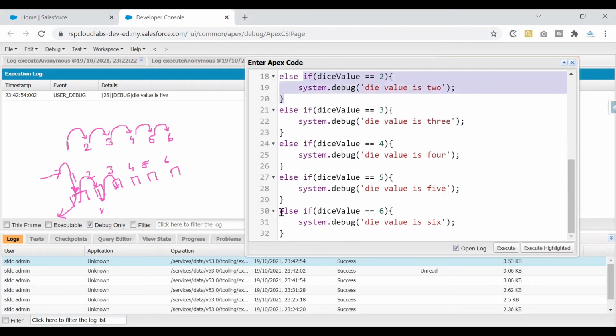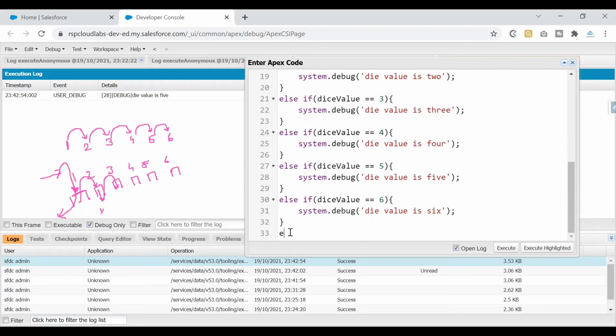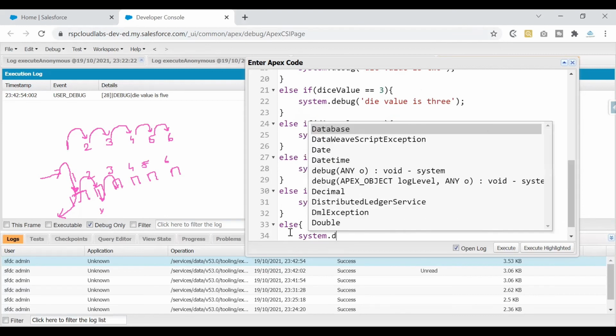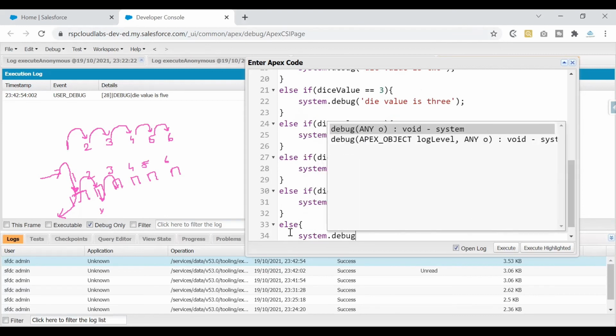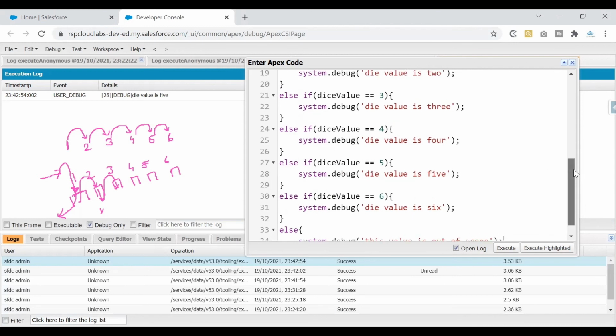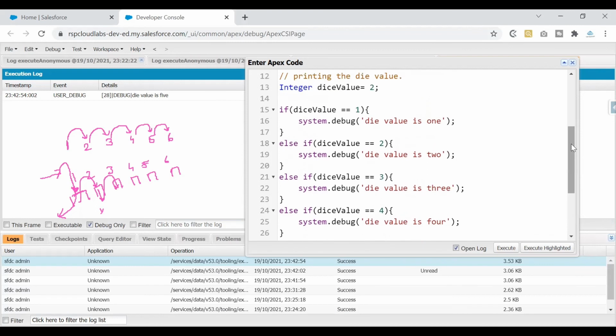Now, if you see here, I've written else for this last condition also. Why? Because I wanted to convey to the user in case there is anything apart from these values. Let's say by mistake I've given a value as 7, which is not something that my code is handling. A single die would not have anything more than 6.